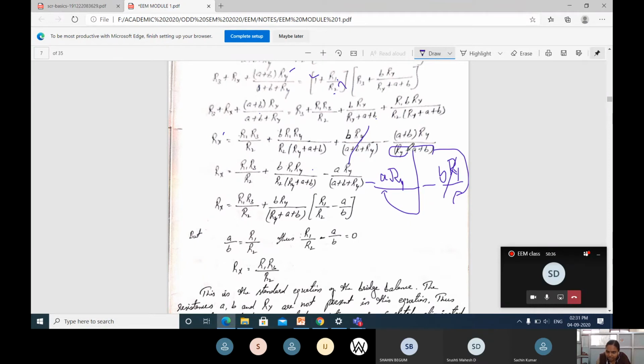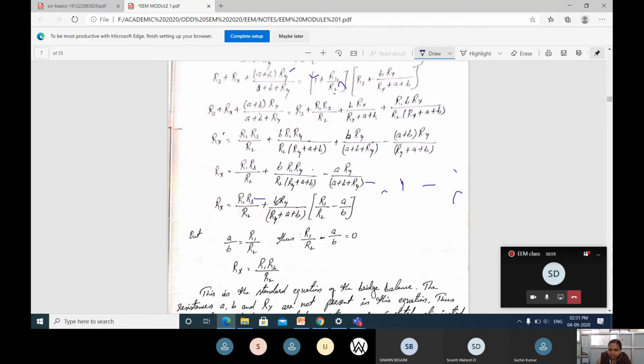The numerator part remains the same as it is. This is how it's simplified. Then after this, what you have to do? Up to this it will remain the same: R1 R3 divided by R2, plus here take B Ry